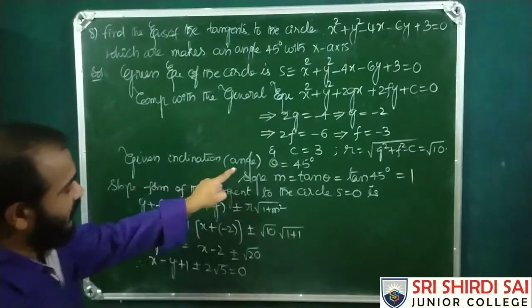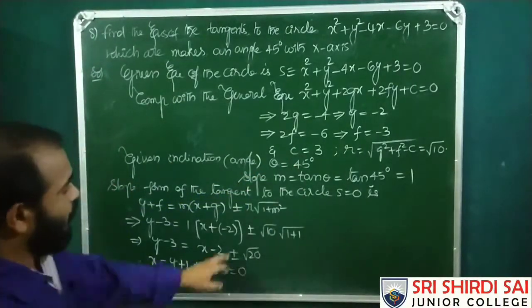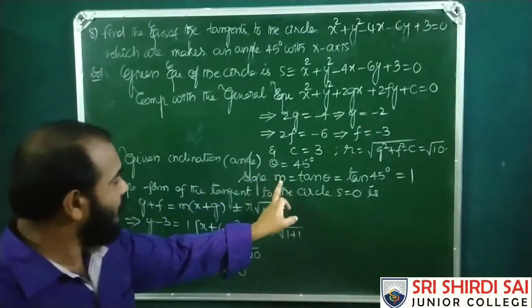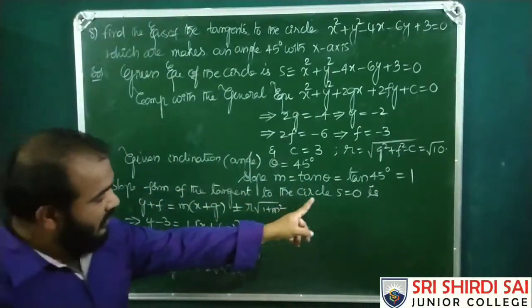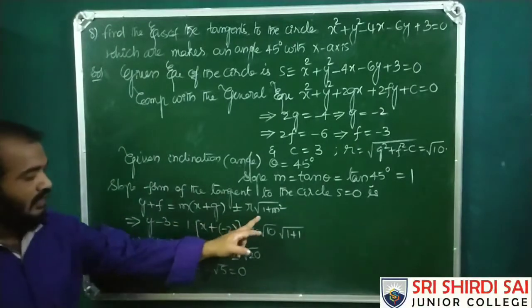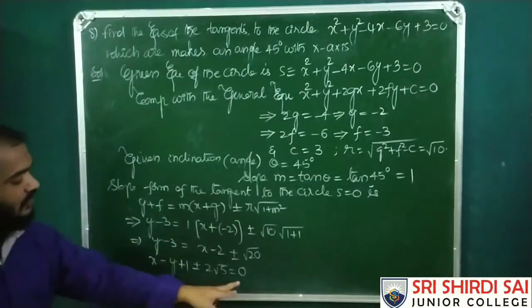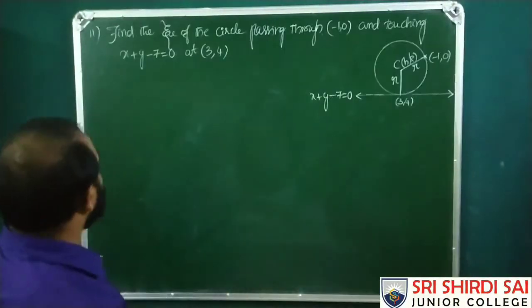So the given inclination is theta equals 45 degrees. So slope is equal to tan of inclination. So m equals tan theta, tan 45, which is 1. The slope form of the tangent to the circle S equals 0 is given by this formula, which I just substituted. Then actually this is what I got. The next question is